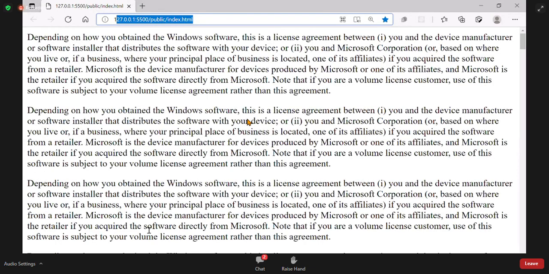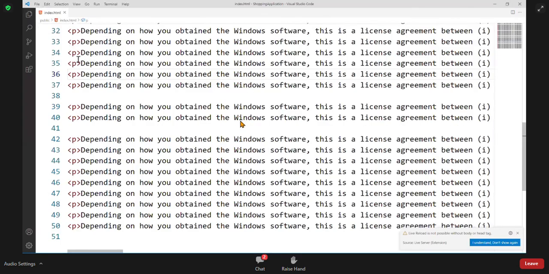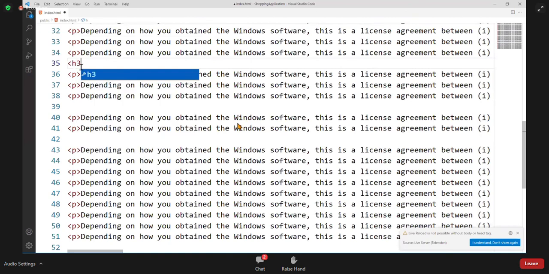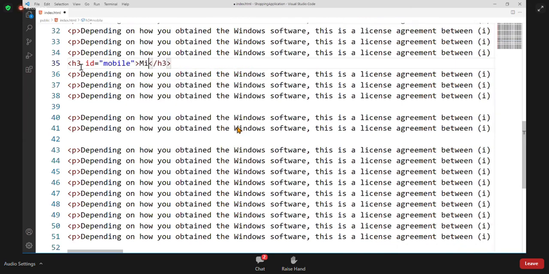Suppose I have some headings. Here somewhere I have a heading. Don't worry about the code I am writing. Now don't ask, sir, what is H3, what is P? These we are going to learn later. Just observe the concept, okay? This heading has the ID mobiles.